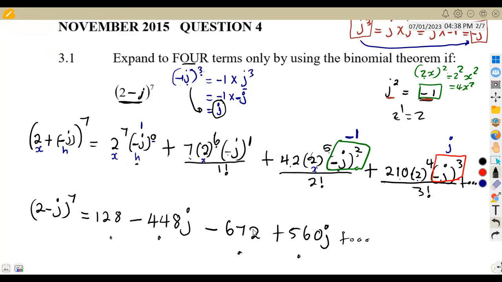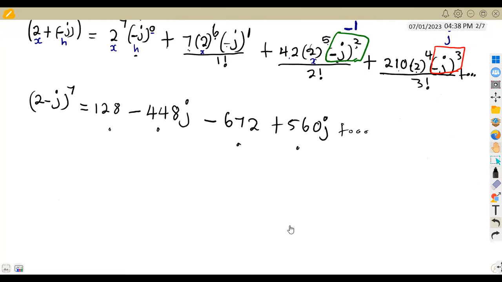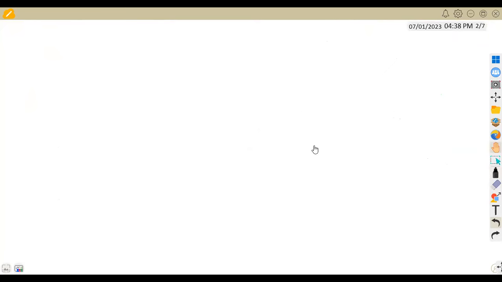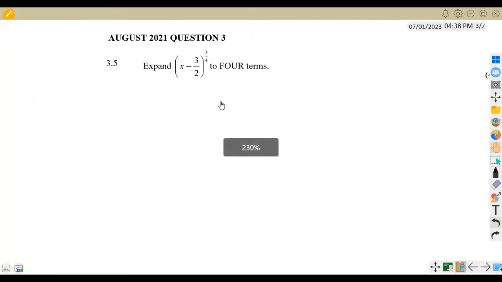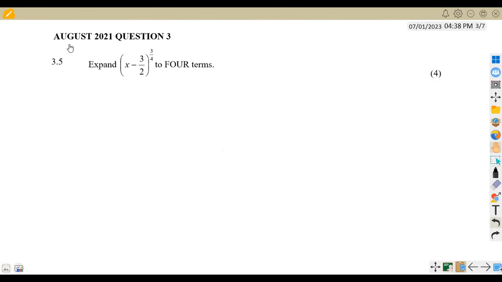All right. So let us check the other part of the question that we are given. In this case, we've got another question that I want us to check. All right, so let me check. I think it's on the next page here. All right, that's the question. We are given again, expand from August 2021. This is 2021 question 3, to expand x minus 3 over 2 to the exponent of 3 over 4 to 4 terms,